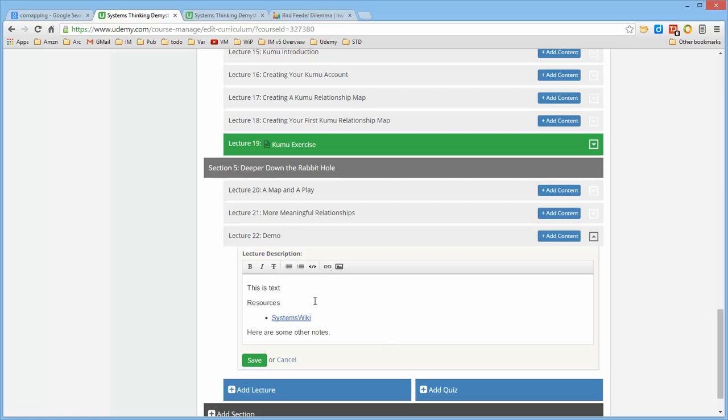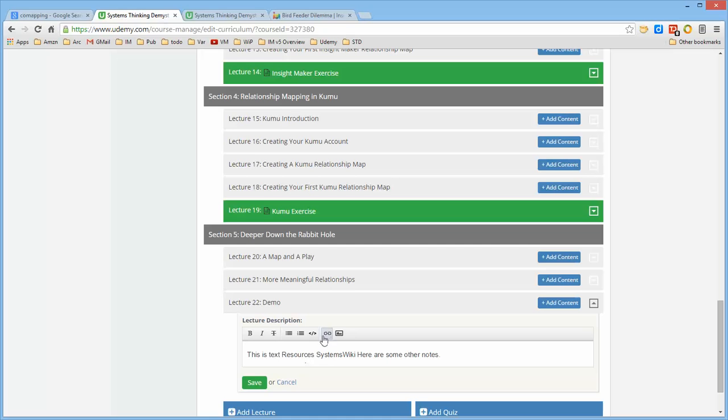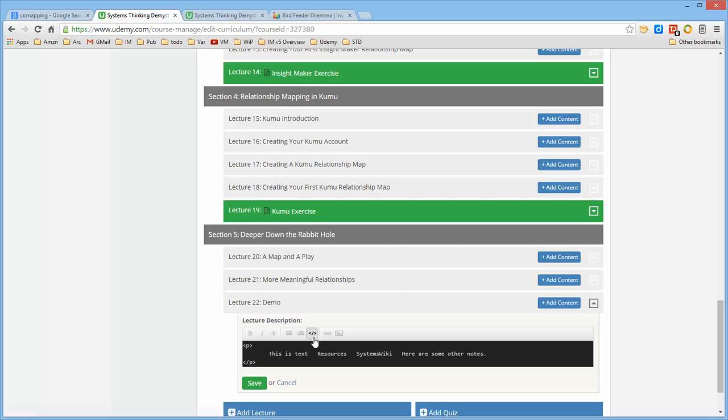So now that I've typed this and I tell it to save it, you see what I get here? All the formatting evaporates. So if I open it back up, there's nothing there. If I go to the HTML mode, there's nothing there either. If I go ahead and actually code this in HTML mode, which is extremely painful but doable,